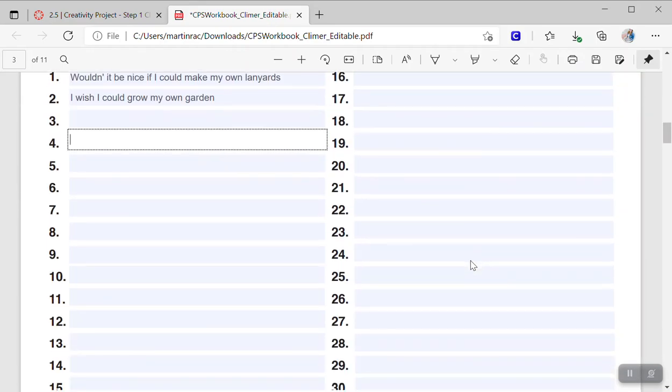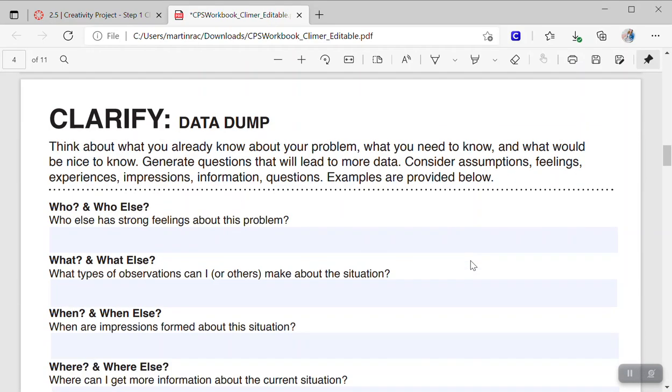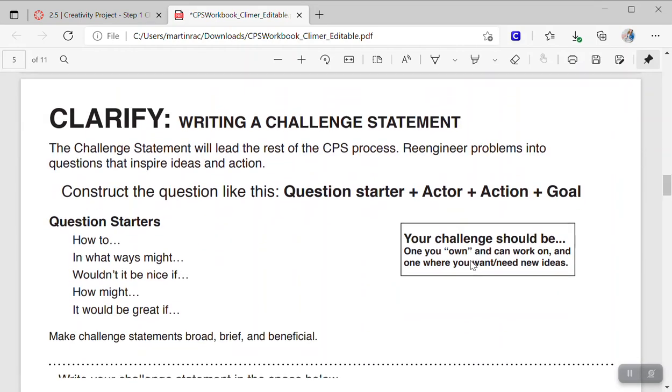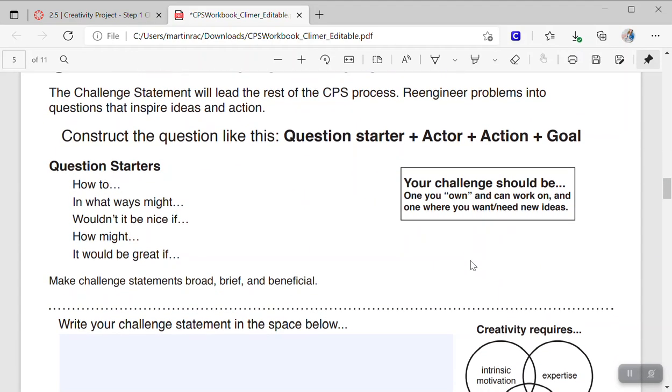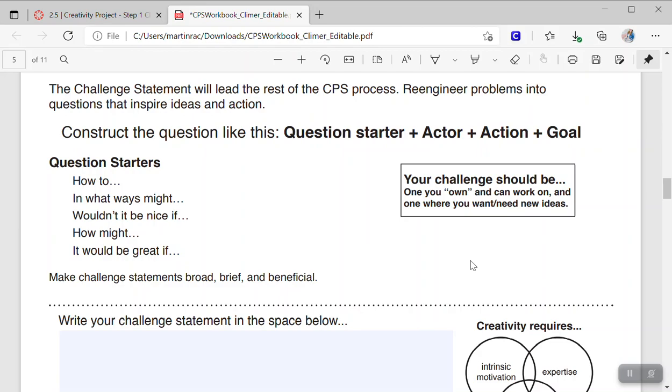So I'm going to go down here. We will have done this and this. And so now you're writing a challenge statement under Clarify. This will lead the rest of this process, okay? You might re-engineer your problem, but you just need one challenge statement. One you own, one you can work on, one that's going to lead to what you need and new ideas.